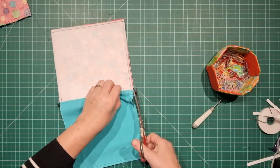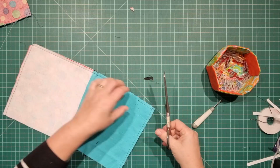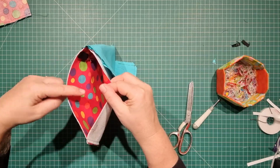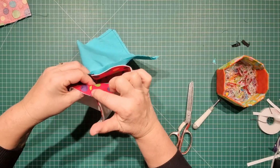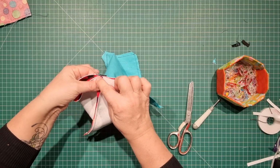Now we can trim off any excess that we have on the zipper tabs. We can trim our corners and the zipper tape on the other end as well. Take the main fabric and open that out and line up the seam line with the center of your zip. And if you've got a bit too much bulk there, you can press your seams open like I've done here,